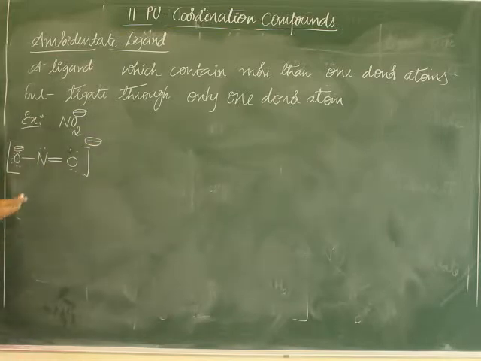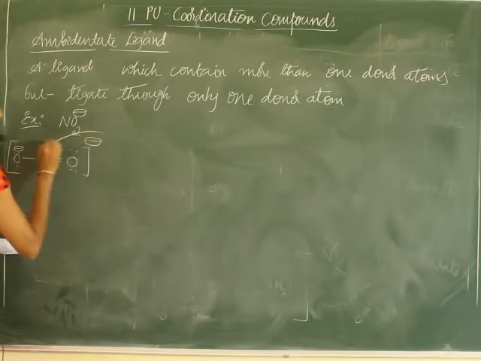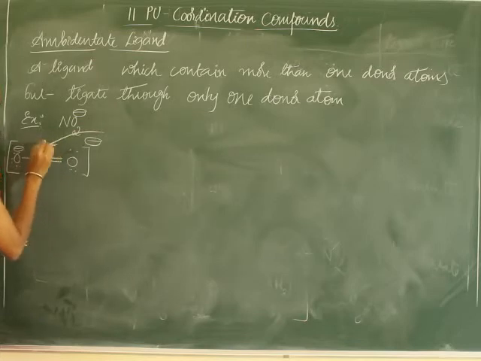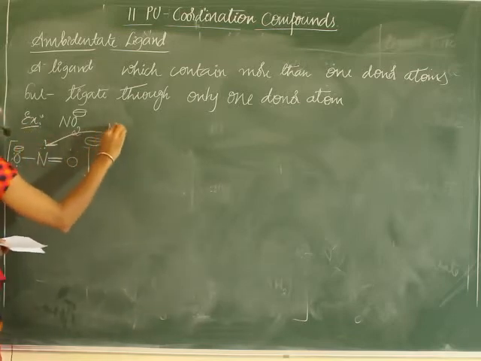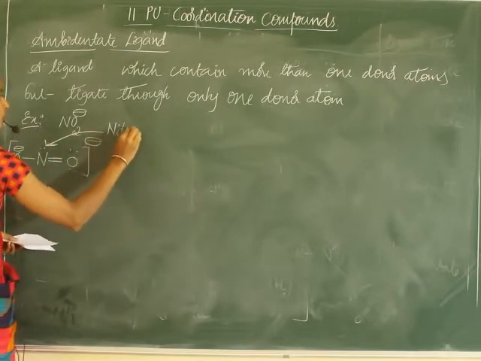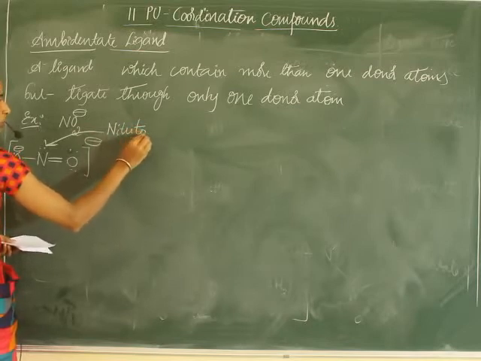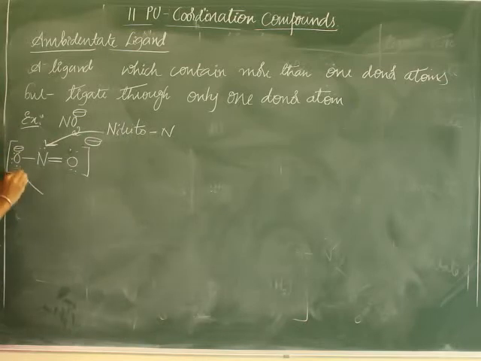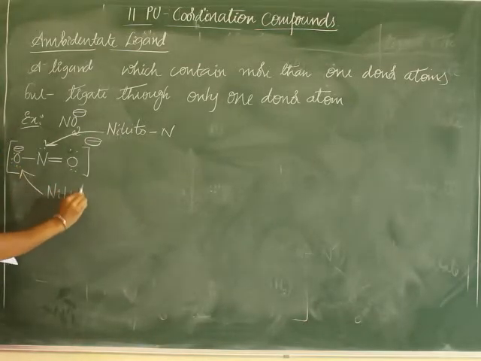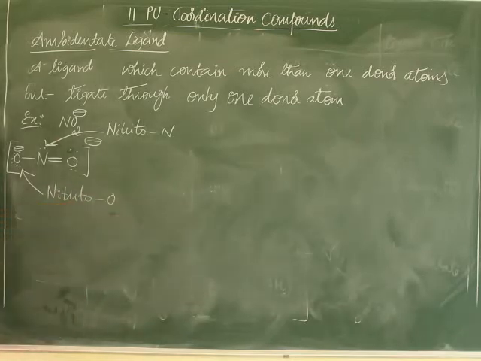If coordinate bond formation takes place through the nitrogen atom, then it is called nitro, N. If it takes place through the oxygen atom, then it is called nitrito O. That is, it represents bonding through the oxygen atom. And